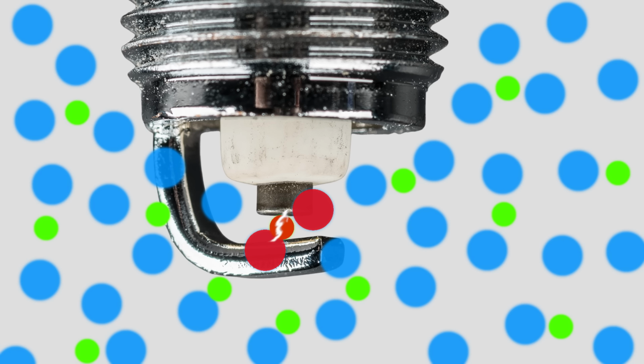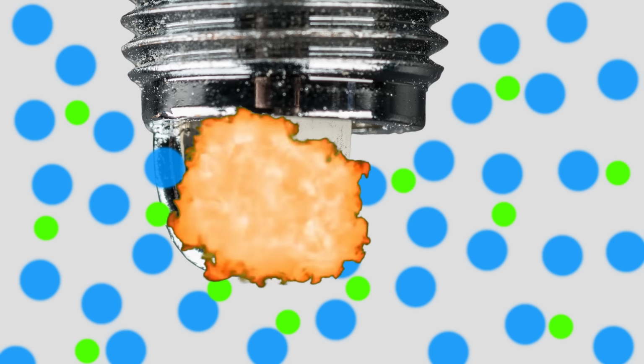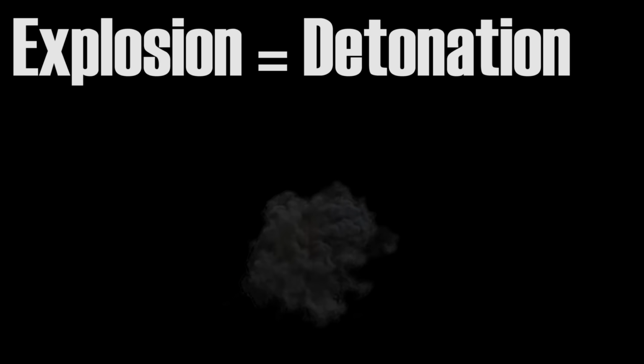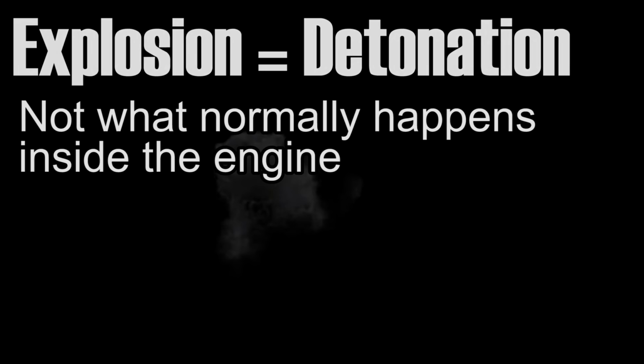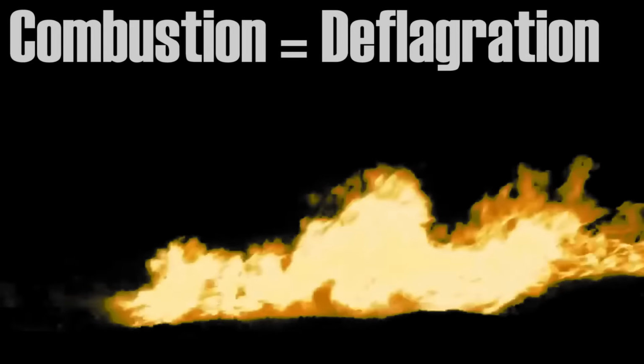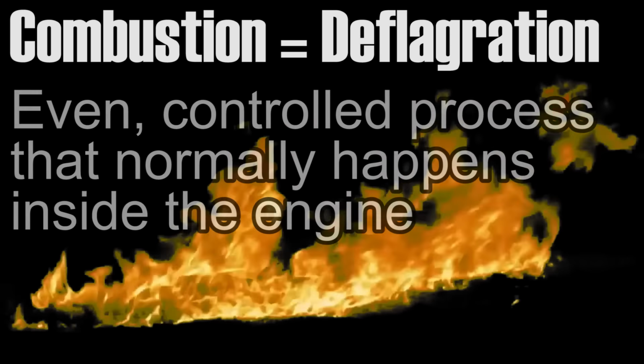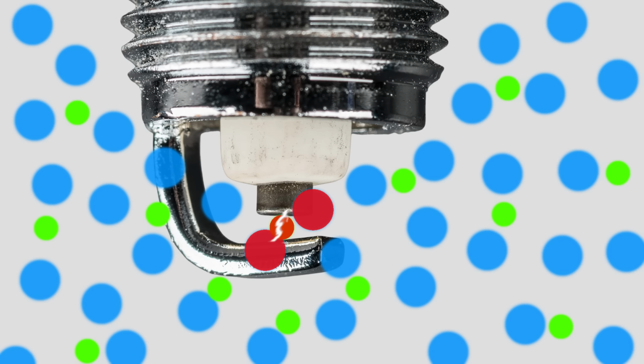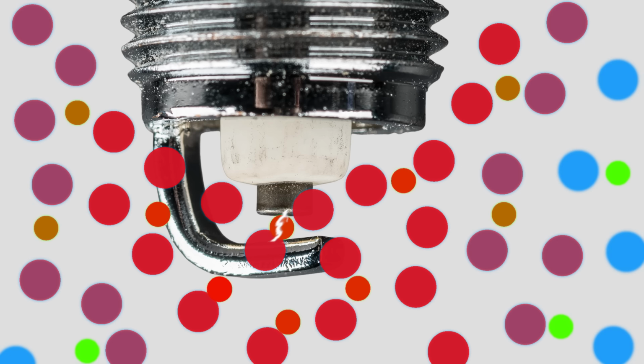Although combustion inside an engine is often described as a bang or explosion, that isn't what's actually happening. An explosion is detonation, which is a rapid, uncontrolled process. In contrast to this, combustion is deflagration, which is a much slower, more even, and controlled process. Combustion spreads out evenly outward from the spark plug through heat transfer. The small portion of air-fuel mixture initially ignited by the spark plug heats up and ignites the next layer of the air-fuel mixture. This layer then ignites the next layer, and the process continues until all of the air-fuel mixture